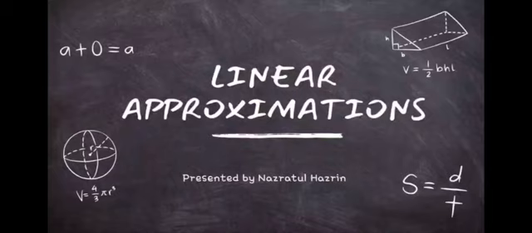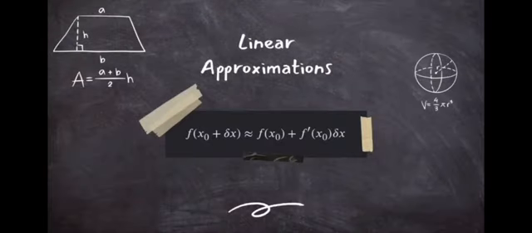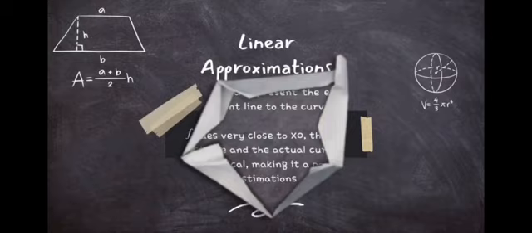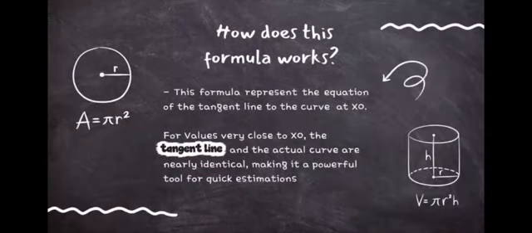And that's it. My name is Nazratul Hazrin, and I'll show you how to solve a question using linear approximation. And this here is the linear approximation formula, so make sure you memorize it. But how does the formula work? This formula represents the equation of the tangent line to the curve at x0. For values very close to x0, the tangent line and the actual curve are nearly identical, making it a powerful